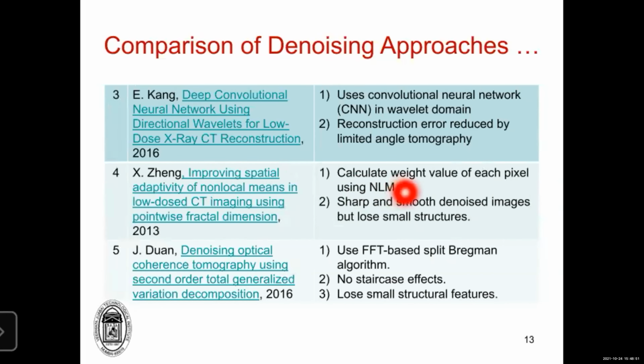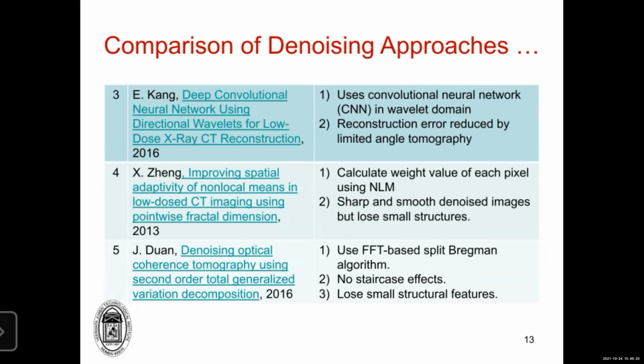He calculated the weight value of each pixel using NLM, giving a sharp and smooth denoised image, but it lost small structures. Mr. Duan proposed a method based on FFT and the split Bregman algorithm. There was no staircase effect, but the disadvantage was that it used to lose small